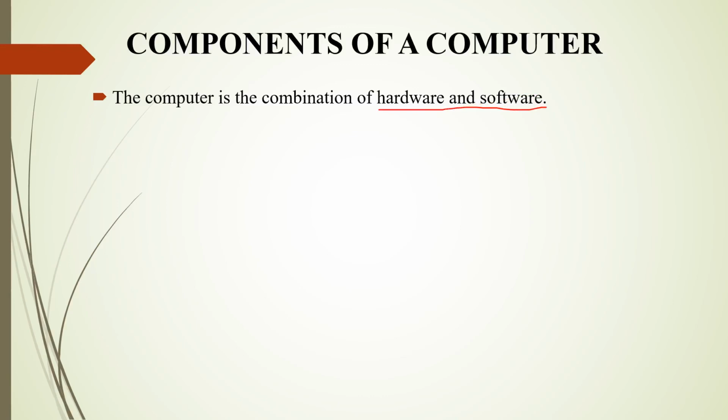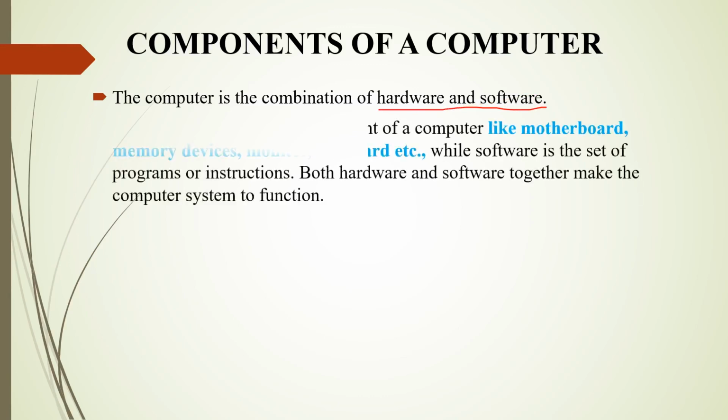Did you have any idea about hardware and software? Yeah. A simple example I told you, if you touch and feel anything, that is known as hardware. If you just realize what is happening inside the computer, that is known as software. That means a set of programs or instructions that is given to the computer is software. If we physically touch and feel something, that is known as hardware. That means hardware is the physical component of the computer. An easy example is keyboard, mouse.